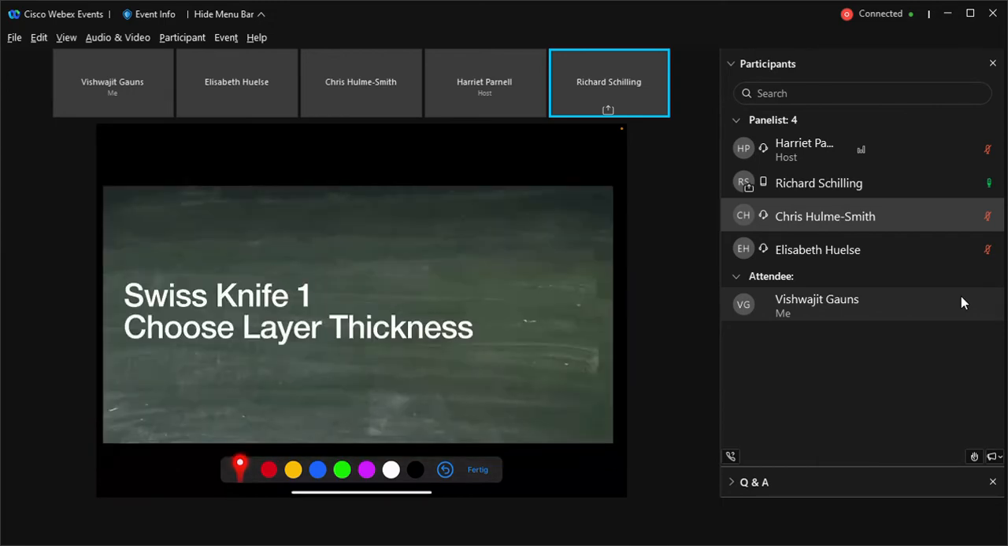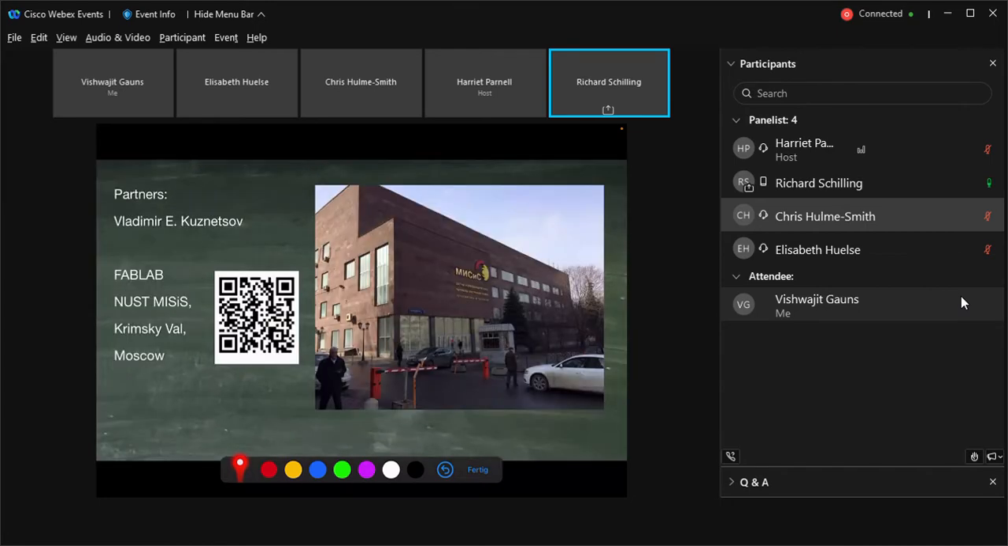Okay, the first Swiss knife I get them acquainted with in this process is to choose the layer thickness of their print. You remember, the print is done layer by layer. There are slices of the material printed upon each other, and you can imagine the coarser the layer, the faster you are,